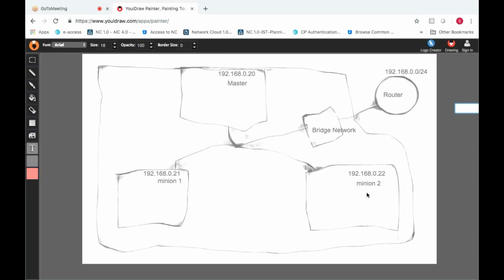Now what packages will we install on the master, and what packages will we install on the minion nodes? In Kubernetes, this is called the master, where we will control everything. No need to log into the minion nodes. Everything we will control from the master itself. Like how we use Docker Swarm, from the master itself we control all the machines. Similarly, we use a single platform to communicate to all the machines, which is called a cluster.